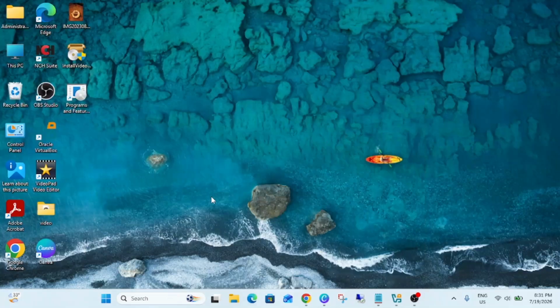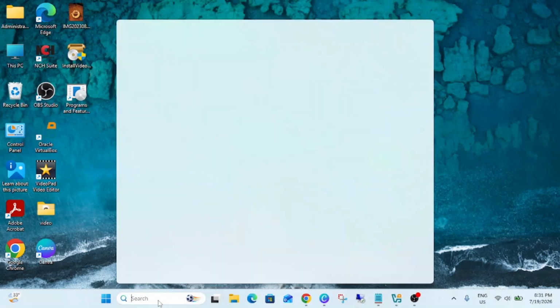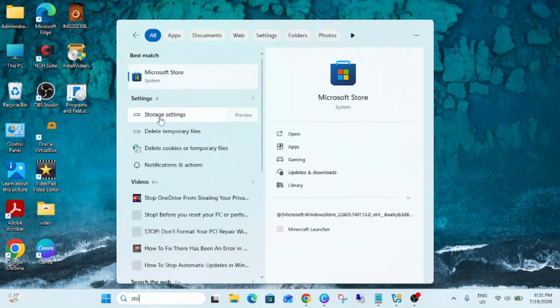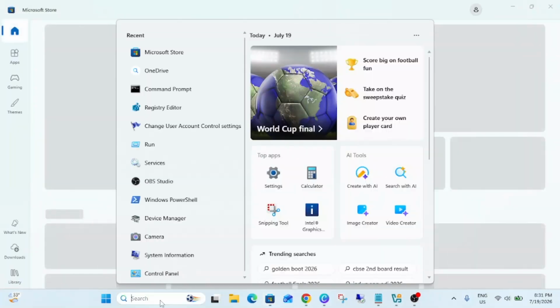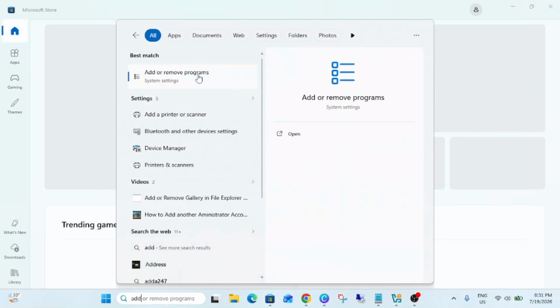Now let's move on to the advanced methods. Now if you don't want to keep Microsoft Edge on your system, then you can permanently remove it. Open the Microsoft Store, and normally you aren't able to uninstall it. When you go to Microsoft